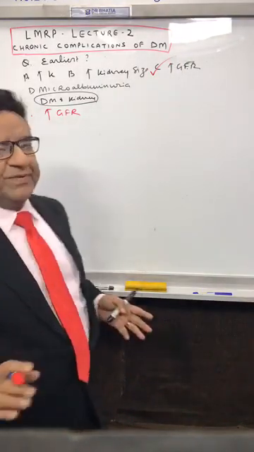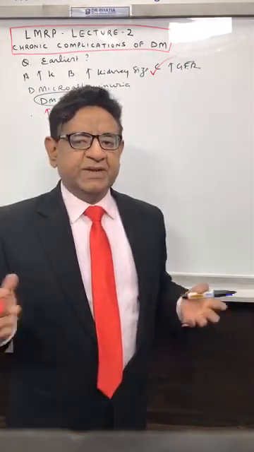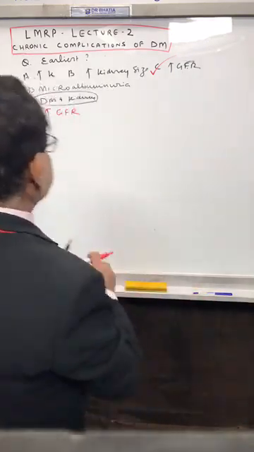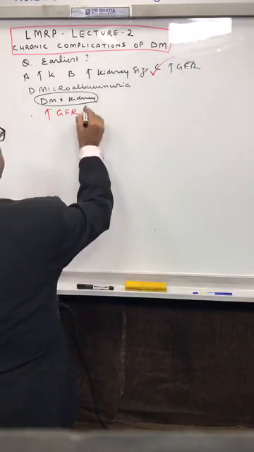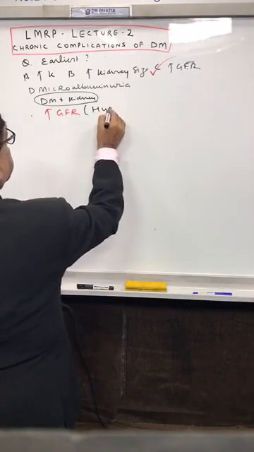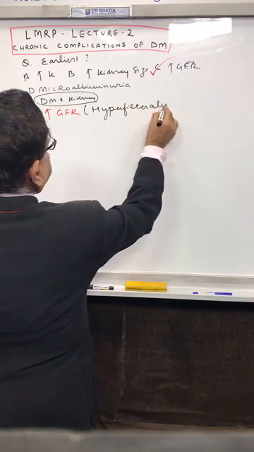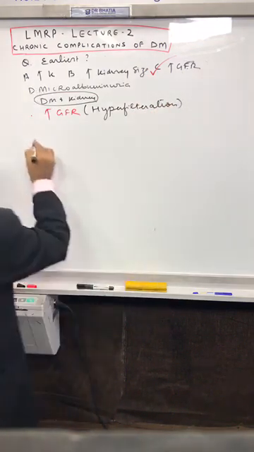The normal GFR is 126. The GFR may go up to 140, 150. In other words, we can say the earliest feature is hyperfiltration. That is the earliest. The second one is